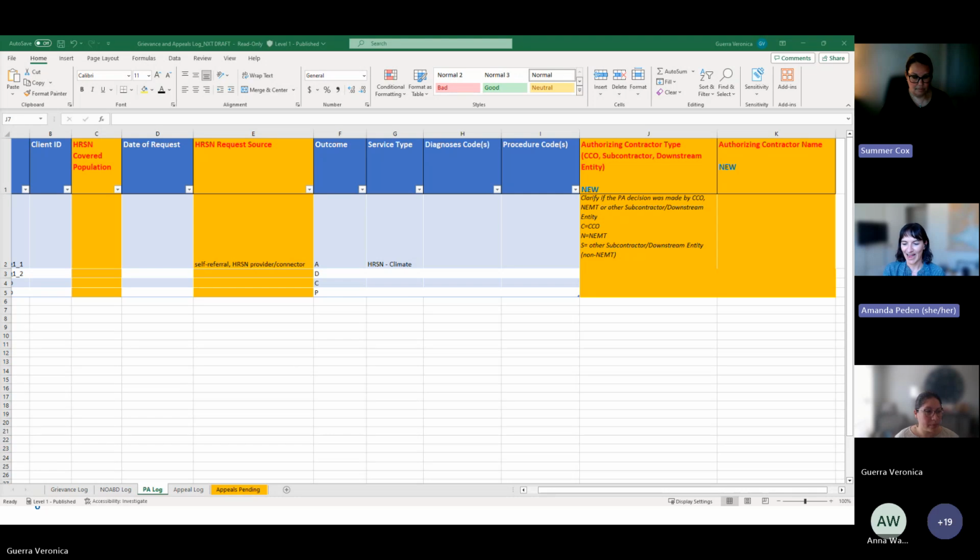That is a great question. I think our intent or understanding of how this log would function, from a data perspective, is that we would see members where a request was made and it turned out that they were not eligible, and that may be because they're not part of a covered population. So that's something in this column for us to consider, being able to select that they're not part of a covered population, even though they may have requested an HRSN service. So that's just something I'm thinking about. And then I think also